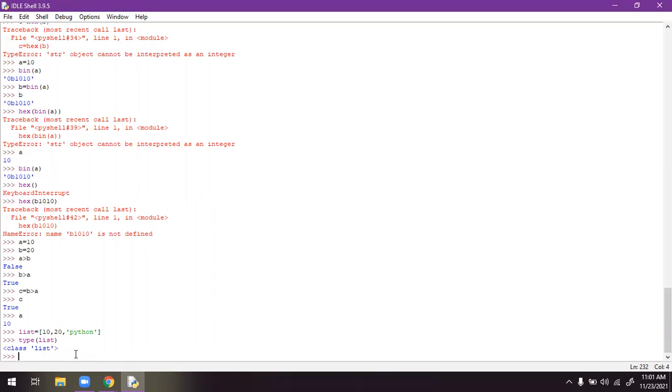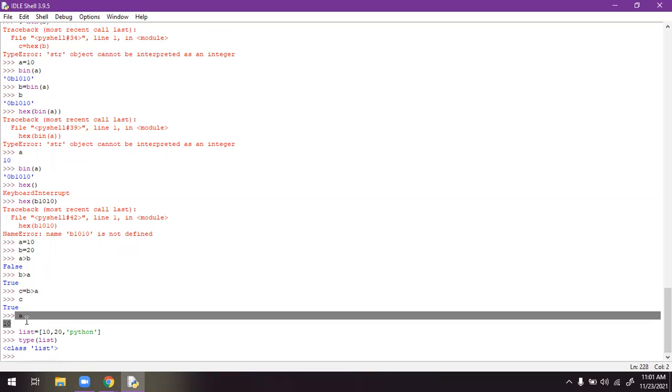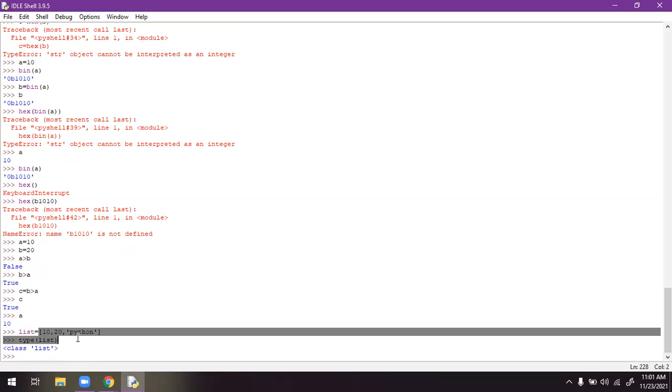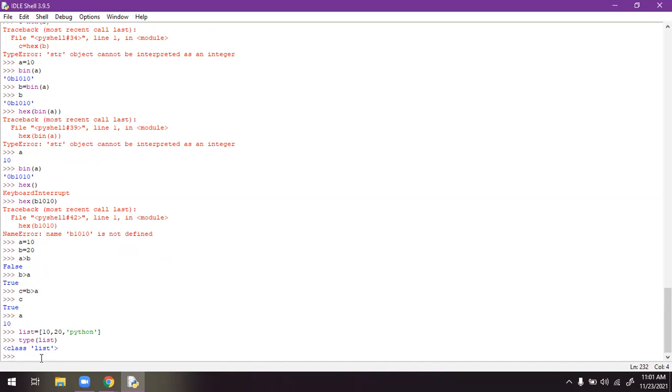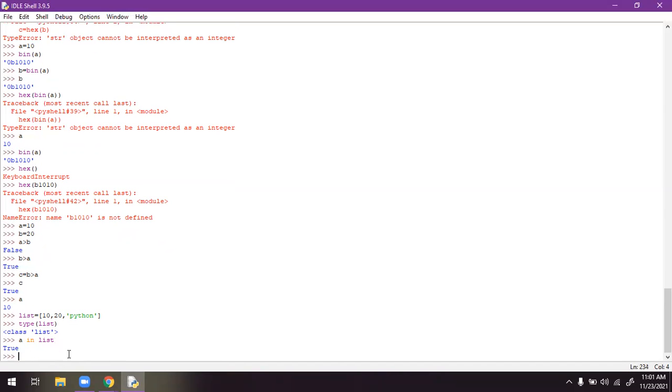So what I'm checking is whether this variable a is available in this list variable or not. How to check: a in list. If the list contains the value of a, then it shows true.